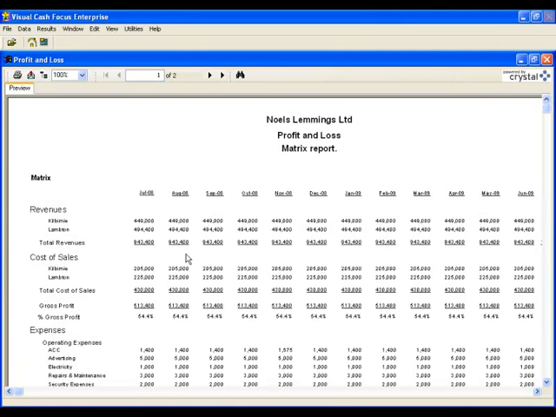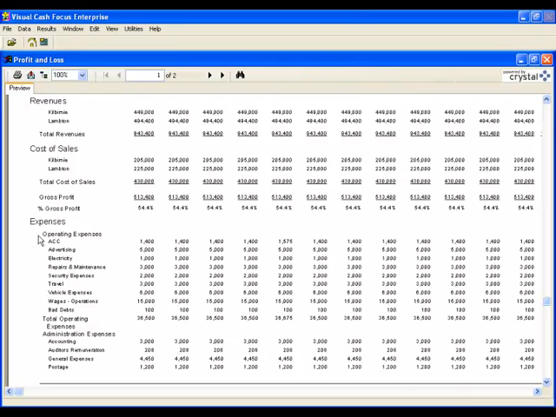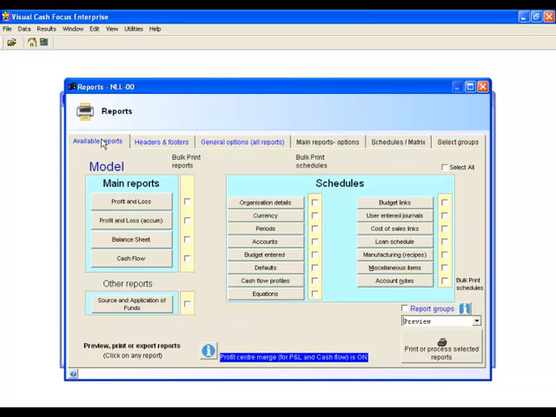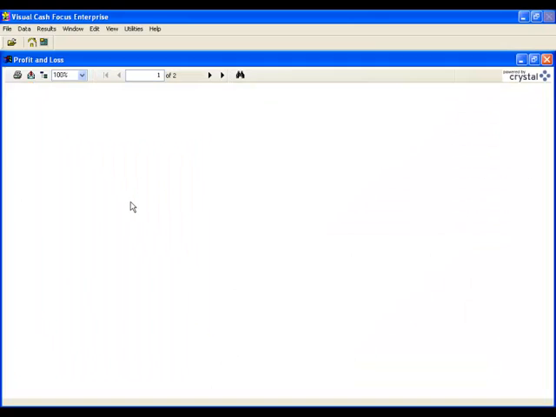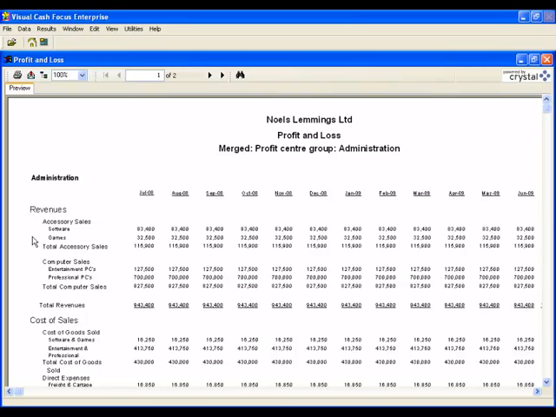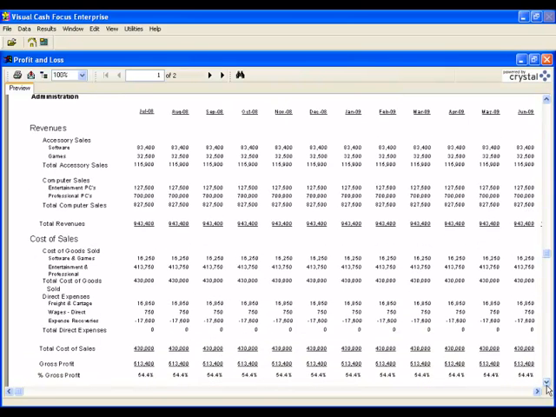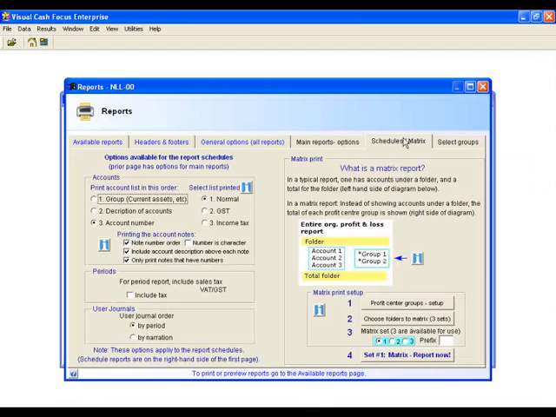Here we see in the matrix report revenues summarised by location, cost of sales by store location with our gross profit and percentage, and our expenses are shown in detail. We can compare this report to the normal profit and loss report, which shows revenues consolidated conventionally by ledger code. Here we see the detailed revenue items with the same gross profit and percentage. The matrix report answers the question,